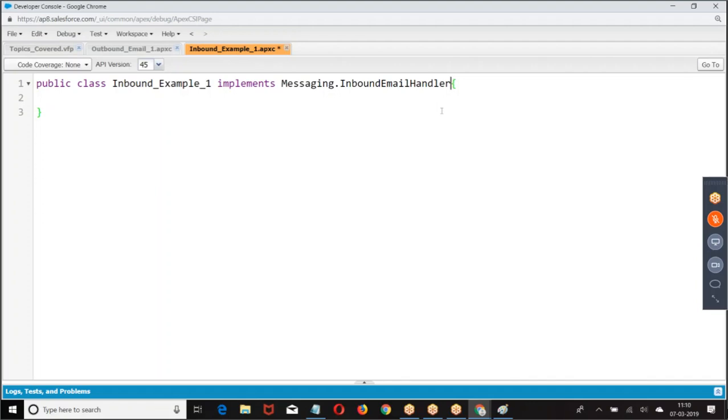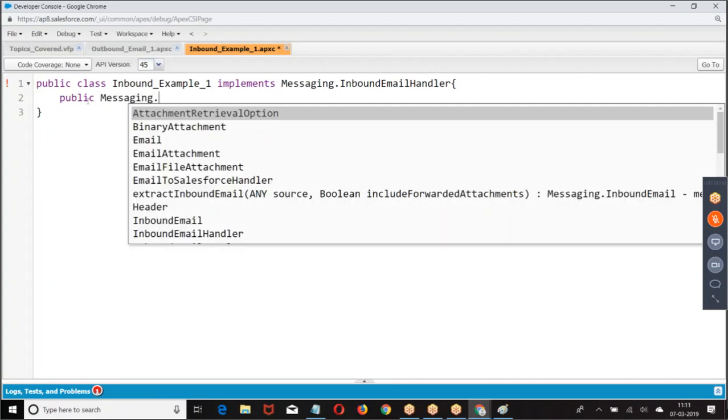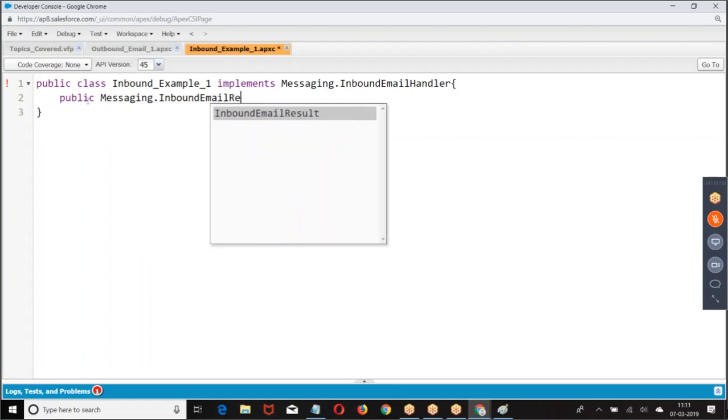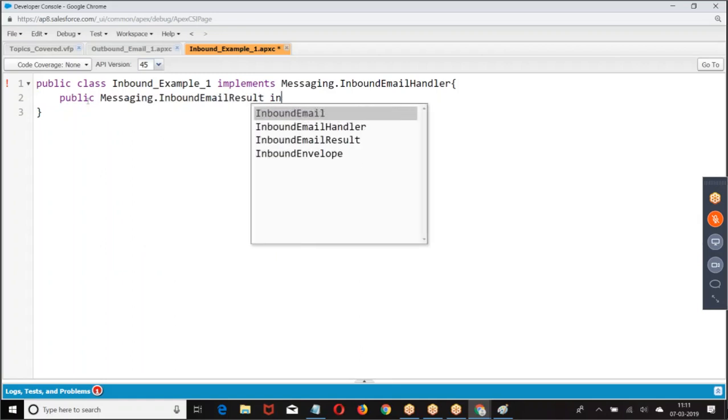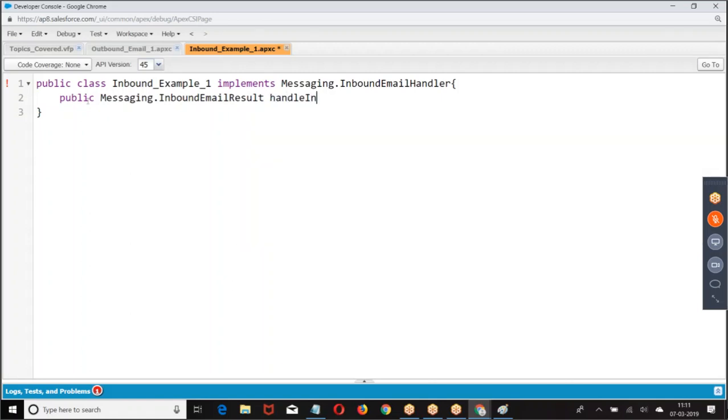If a class wants to handle the email which was sent by a third party, the class has to implement Messaging.InboundEmailHandler. Then any class implementing this interface has to define a method called handleInboundEmail.